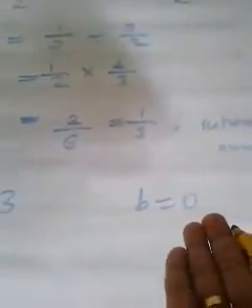This is that example. I can choose a as 3. I know we discussed all this in the last video, but this is the revision. Can you choose a as 3? Check whether 3 is a rational number or not. Yes, of course it is a rational number, because 3 can be written as 3/1. Can you call b as 0? Yes, of course, because 0 is a rational number, 0/1. Now calculate a divided by b. It becomes 3/0. Is it a rational number? No, it is not rational.